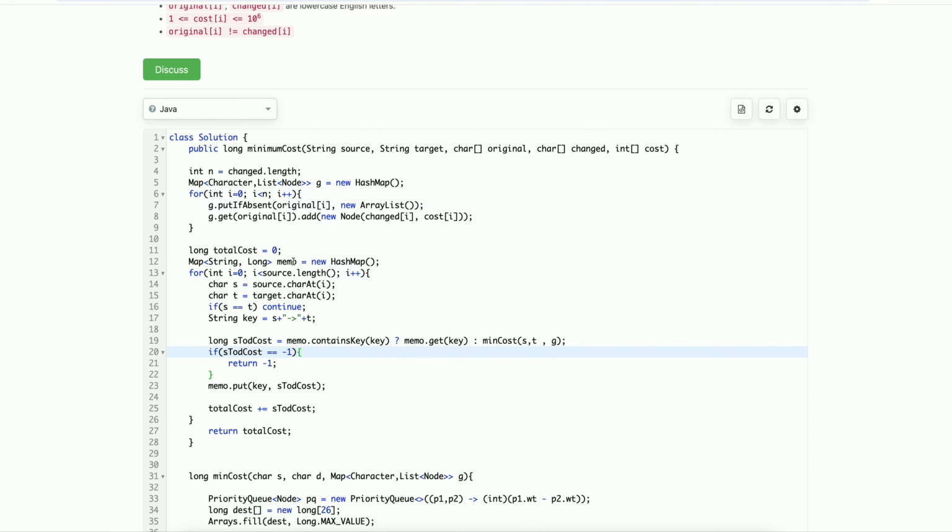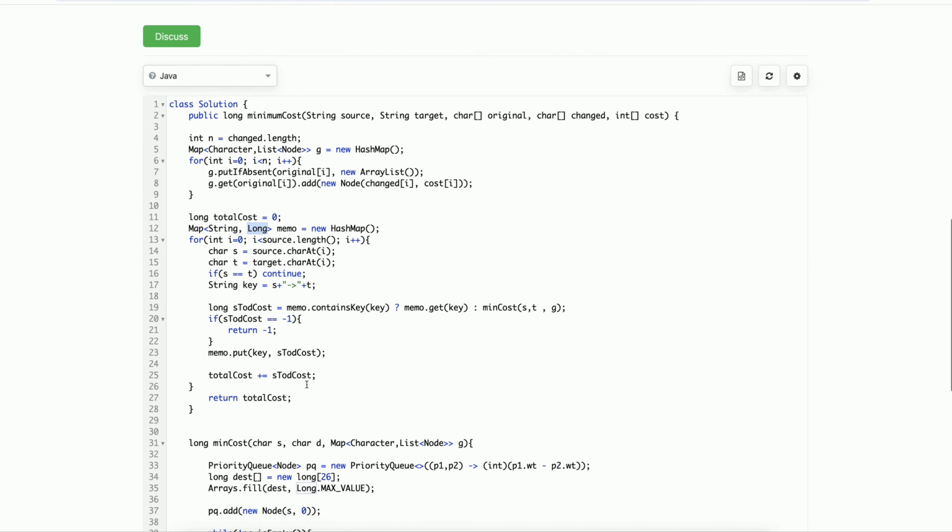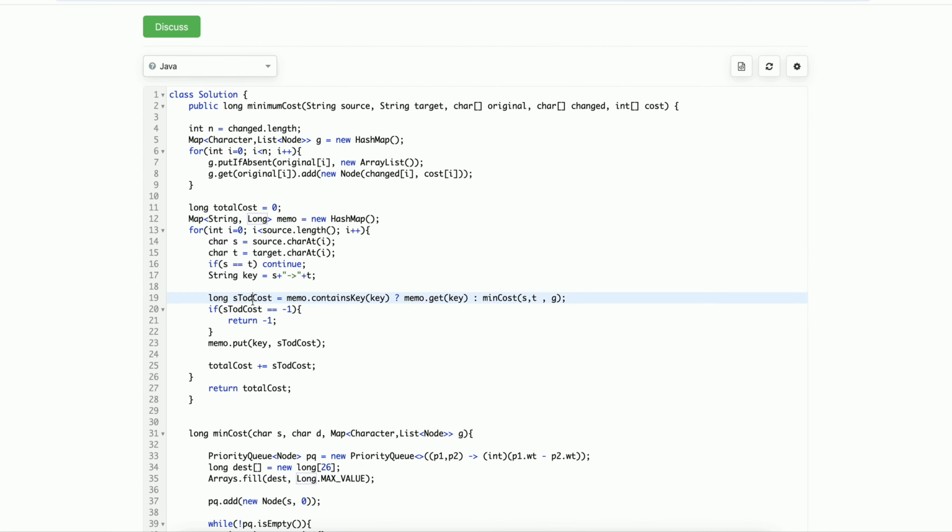So for that I am using memoization, which will be a string-keyed map. The key is source to destination, and the total distance of changing source to destination we will store in the value field. Then I am calculating the distance from source to destination, denoted by s to d cost.